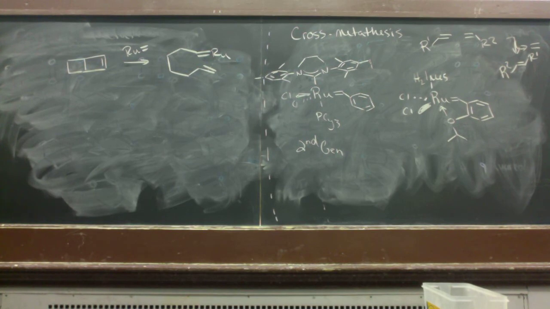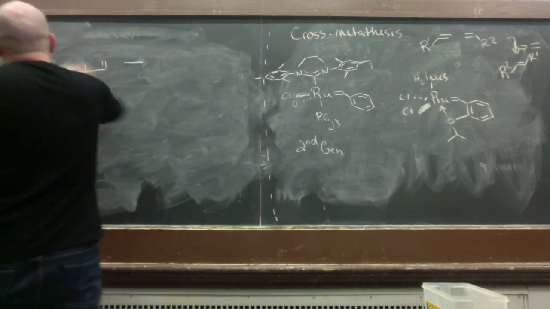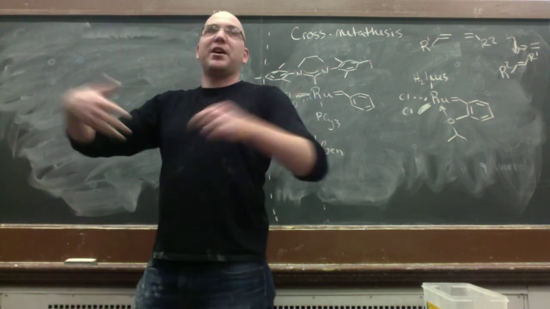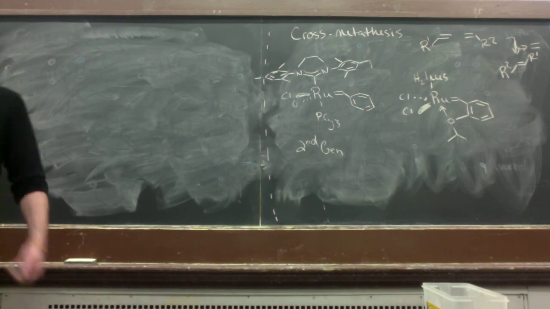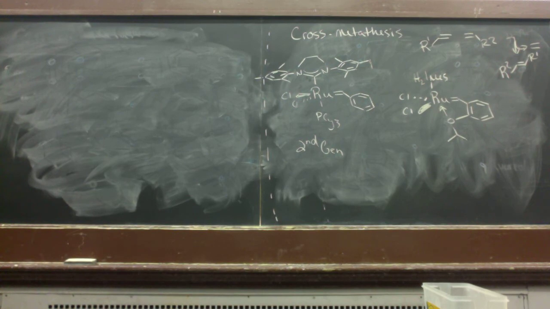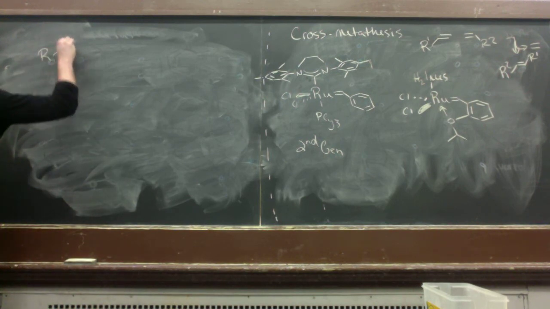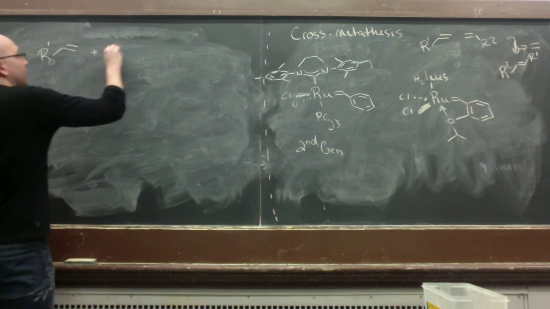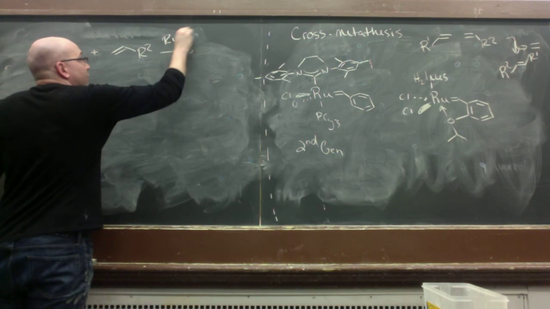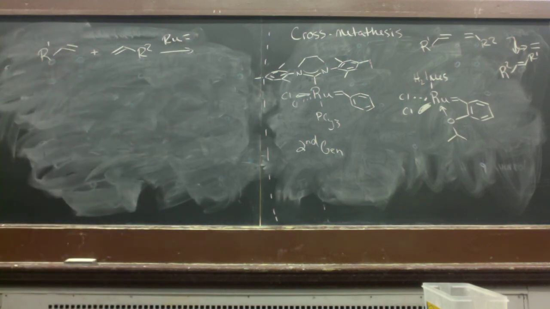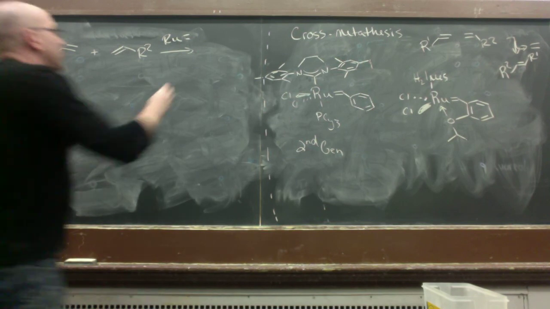selectivity in cross metathesis, right? Certainly if you take ring closing metathesis, I think it's a little bit easier to say, okay, if I'm going to make a ring, I can make a ring, right? But if I want to do cross metathesis, you can imagine the entire process is reversible, right? So if you have a system where you have R1 plus R2, and you treat this with, say, one of these catalysts, what's going to end up happening in principle, right, is that